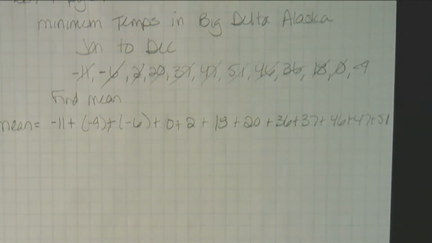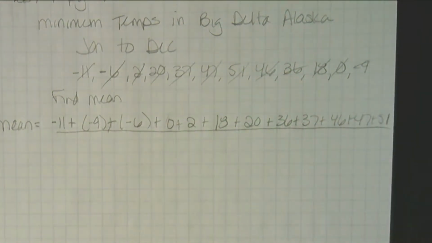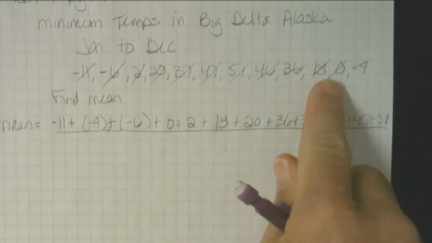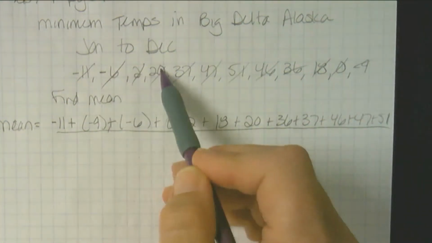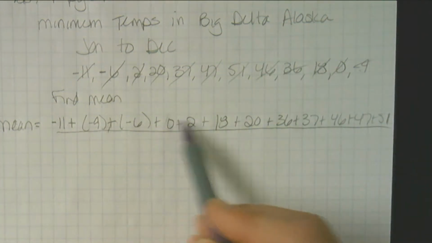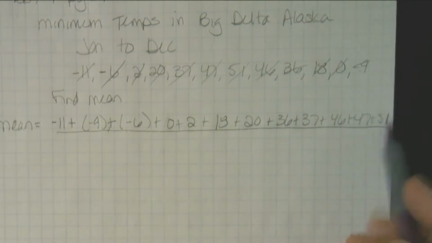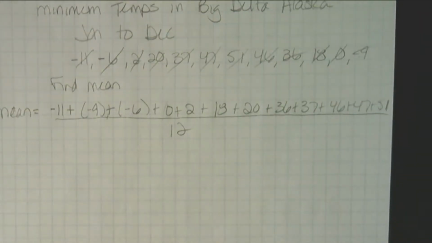Why? All right, so I have to show that I'm dividing all of these. So I'm going to count how many I started with, and I'm going to make sure that's how many I have in my equation. I have 12. How many of you have 12? Now you're going to start adding.